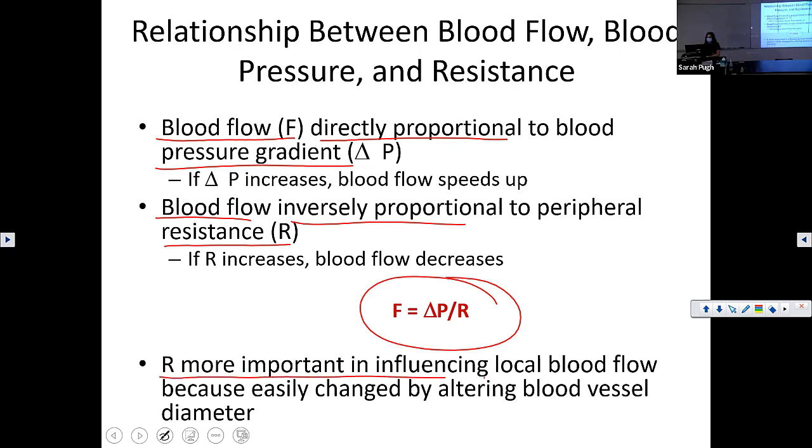Resistance is more important in influencing flow because it's easily changed by vessel diameter. We are not typically changing our blood pressure, are we? Blood pressure is 120/80. What we change mostly is resistance, vessel diameter. So that's going to have a greater impact on blood flow than your pressure is, because we're not changing our pressure very